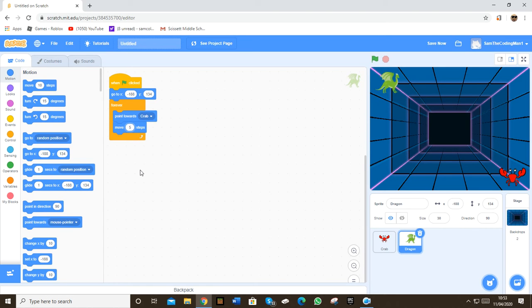Because if the dragon goes more than the crab, it'll just get the crab straight away, which we don't want. But we're going a little bit less than the crab. It'll still be quite challenging, as you can see. Like, you've got to go around him, and yep. And there we go. So,